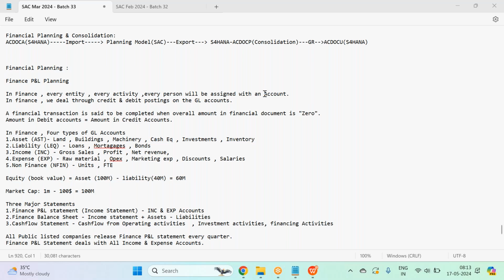Not all GL accounts will have a bank account attached. If you're paying for, say, electricity, there is no bank account attached. So for a few accounts there is a bank account attached, and for a few accounts there is no bank account attached. Right. So if there is a bank account in place, then it will go through a payment plan and the real transaction happens. So generally, in finance, we do credit and post.